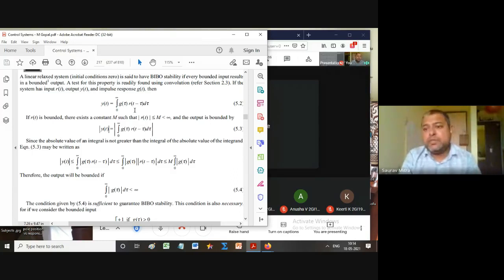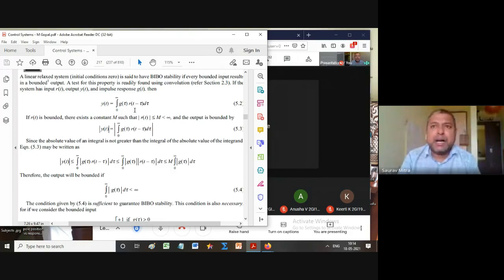In convolution, what we do is keep one signal in the time domain fixed, and the other signal we invert and take to minus infinity, and then we keep on sliding it along the input. Whenever it falls exactly below the previous signal, they are multiplied and added. So try to understand what convolution is. If you want a lecture on convolution, I can arrange for that, because convolution is something students can calculate but don't actually understand.